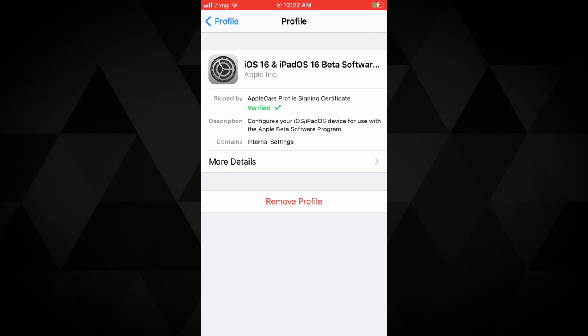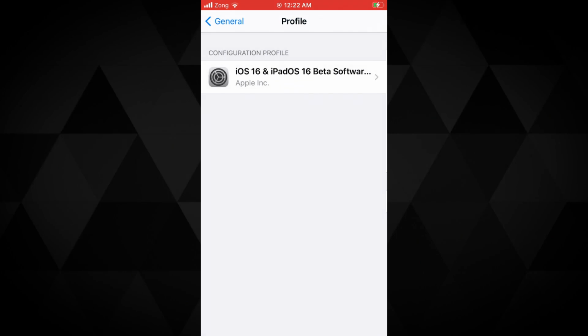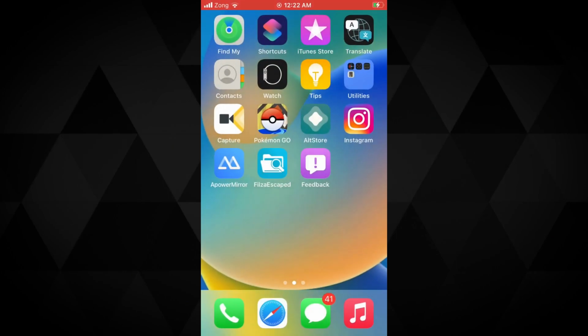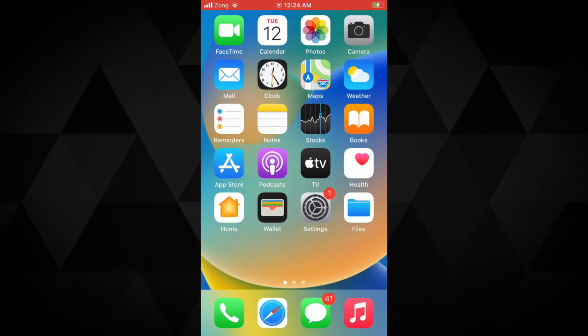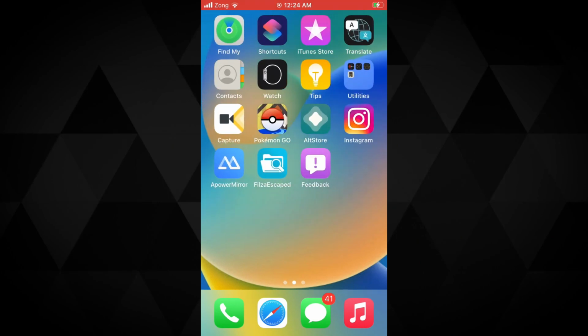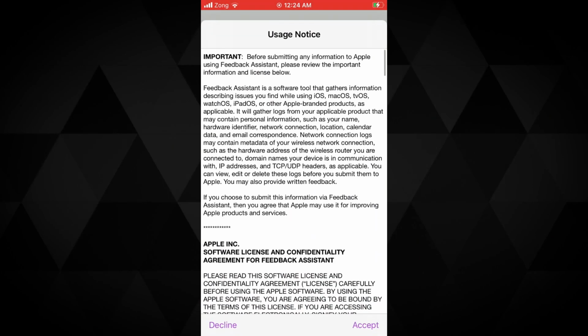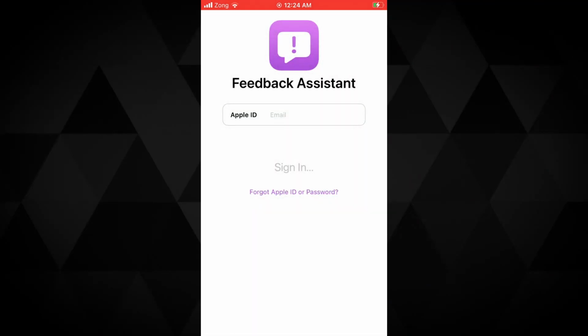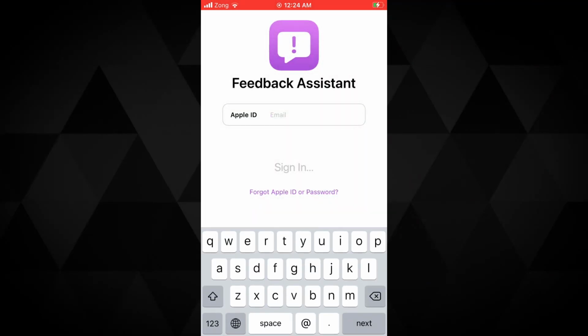As I mentioned earlier, not every application will work because all the apps developers haven't updated their apps to the iOS 16 yet. Moreover, on your home screen you will see an extra icon named Feedback, which you can use to report bugs you find in iOS 16 beta program directly to the Apple. You might face many issues in your device having the beta installed. You can report them directly to the Apple.